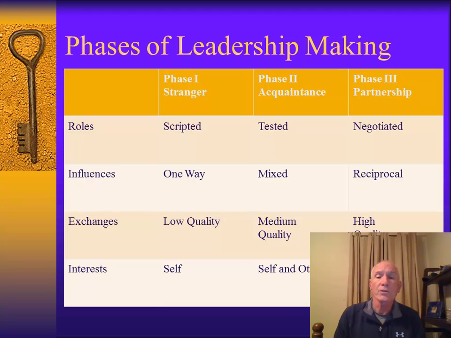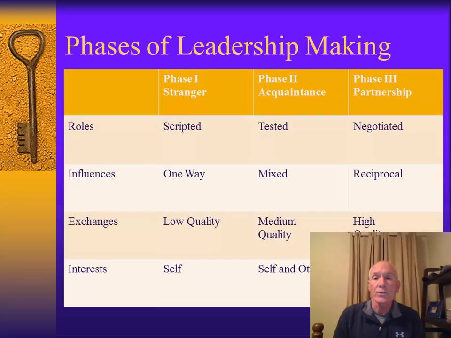The exchanges become qualitatively better, in which typically the leader may give the follower more autonomy, more perks, more responsibilities or things of that nature. And the interests are where they are each serving their own self-interest as well as the self-interest of the other